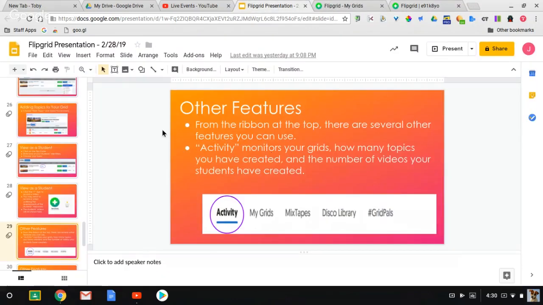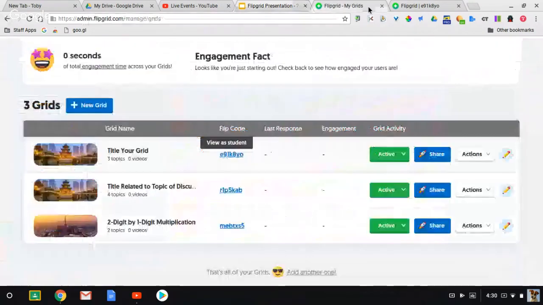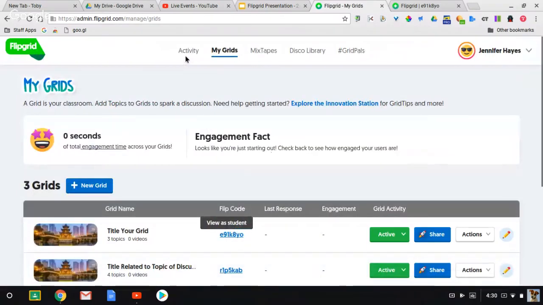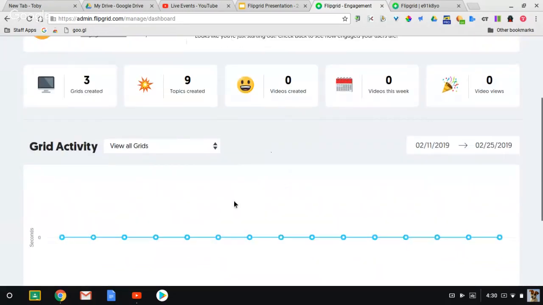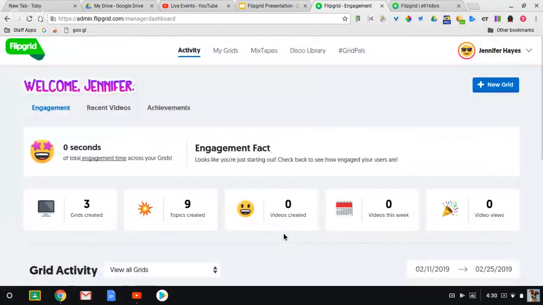All right, and then there are some other features on Flipgrid as well, which are really nice to use. So right here, it talks about using the activity feature. The activity feature monitors your activity and your students' activity on Flipgrid. It'll tell you your seconds of engagement, how many grids you've created, how many topics you've created, videos that you've created, videos from this week, how many people have viewed your videos, and it even gives you a little line graph, and then you can see your recent videos,